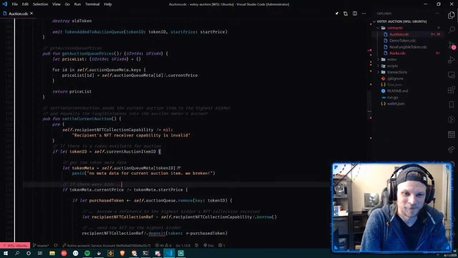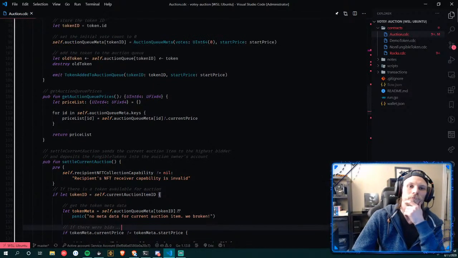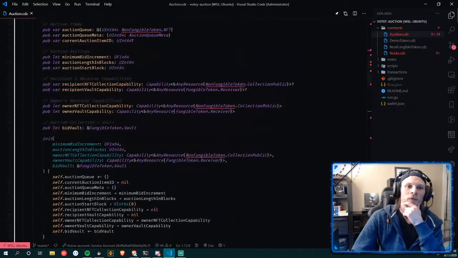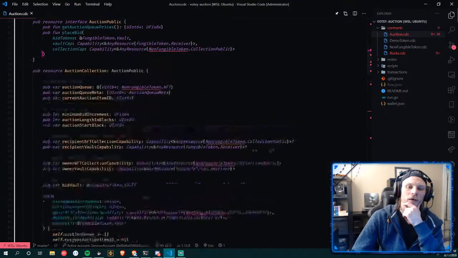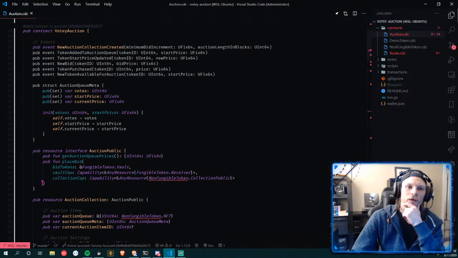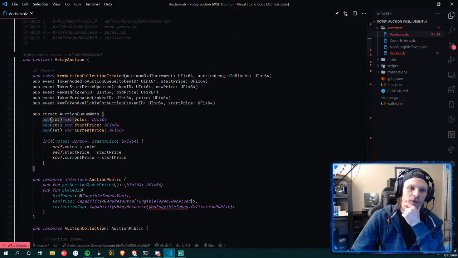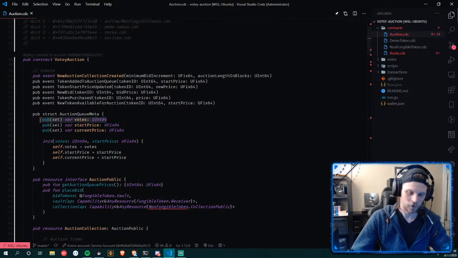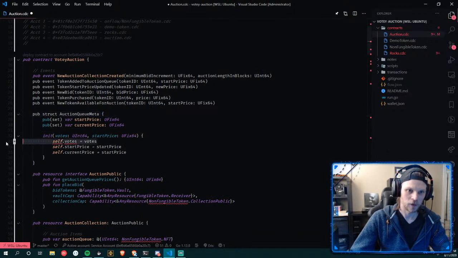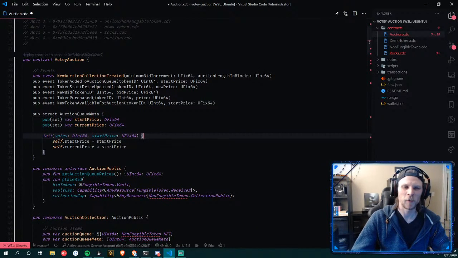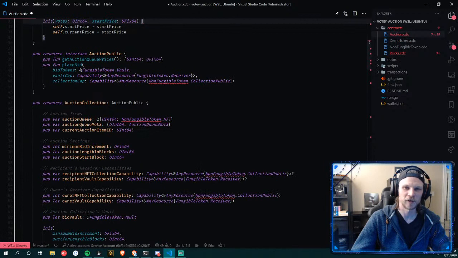But should we, because now we have an auction collection and we have loads of items on the auction collection itself, create an auction resource, so that's what we put them in? I'm not really sure how they structure this for the fungible token. I still feel like the auction resource is going a little too crazy, because I don't think we need that, right? You mapped it out and showed me a different setting. I don't know if your auction is planning on going a level deeper than mine. But my game plan. Yeah, go on.